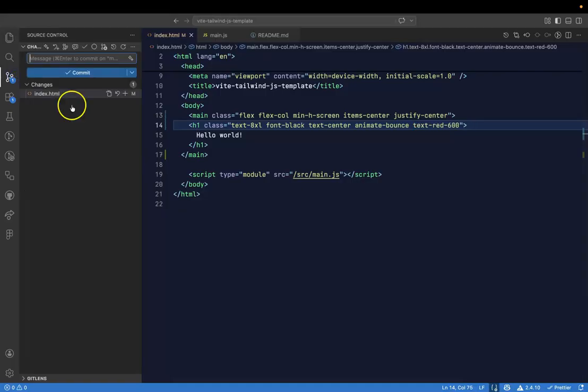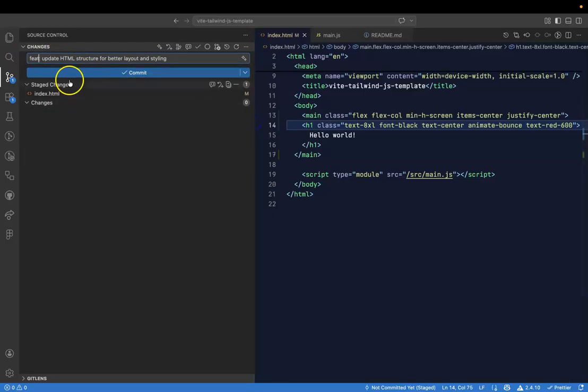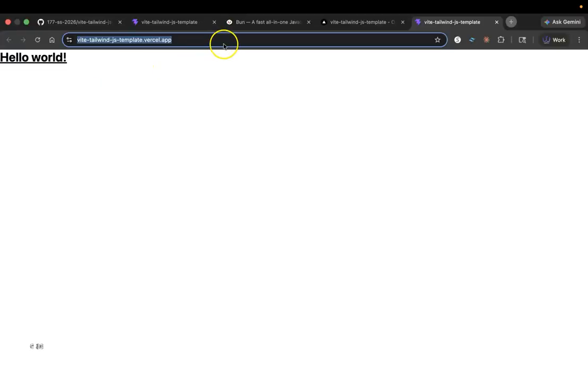So now I'm going to go in here, I'll click add. I'll let Copilot write my commit message. This is definitely not a refactor. I'm just going to write my own. I'm just going to say update. There we go. That describes better what we did, written as a standard commit message. All I have to do is hit commit, hit push or sync, and then